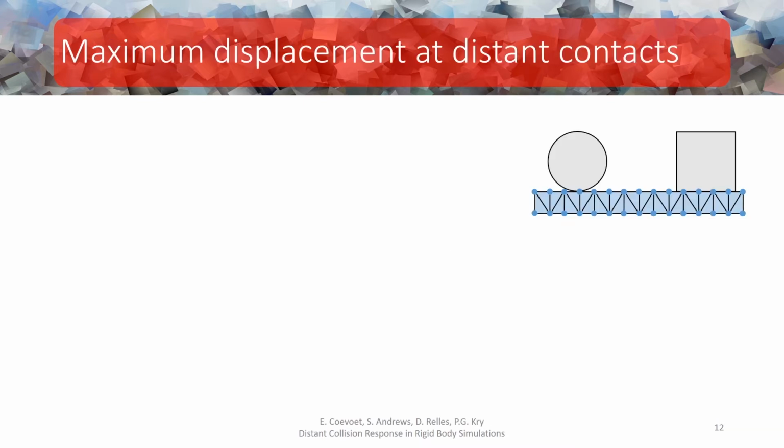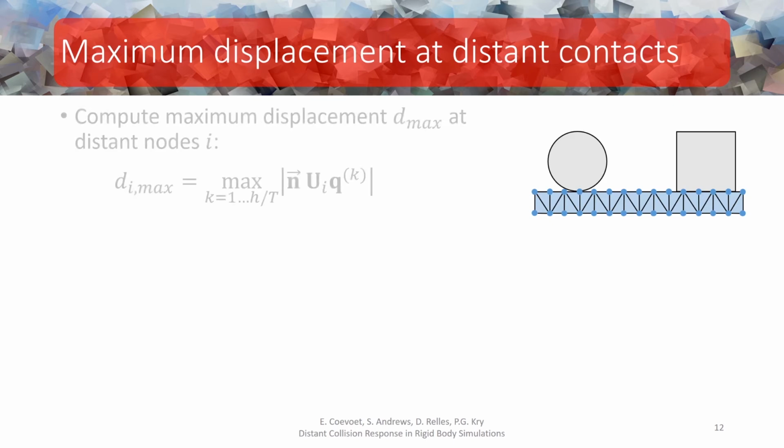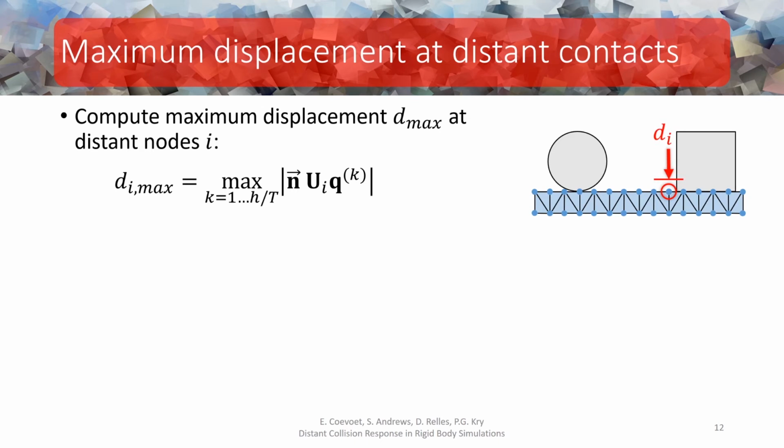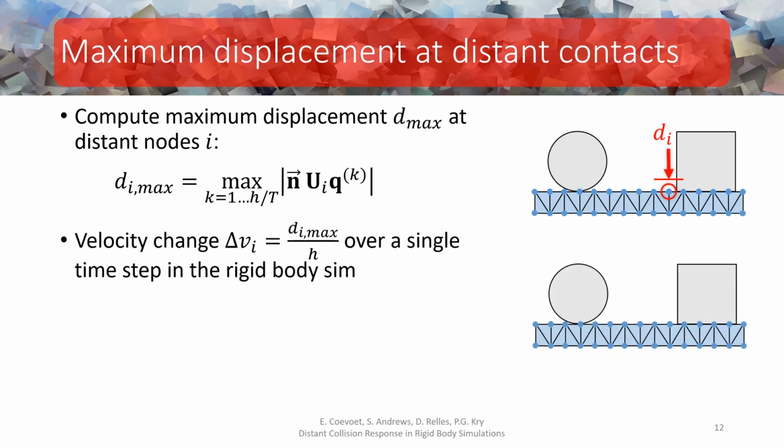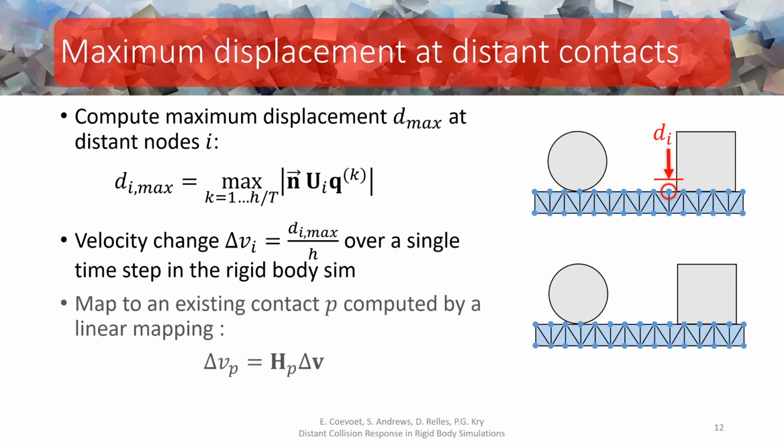Since the digital filter runs at a much higher frequency than the rigid body simulation, displacements computed by the IIR filter cannot directly be used to simulate a collision response. Rather, we compute the maximum displacement over all steps of the IIR integration, which we run for a single time step of the rigid body sim. This displacement corresponds to the peak amplitude of a wavefront due to impact. Then, velocity changes that result from the displacement are computed at existing contacts by linearly interpolating the velocity changes at nodal coordinates using the barycentric weights of the existing contact points.